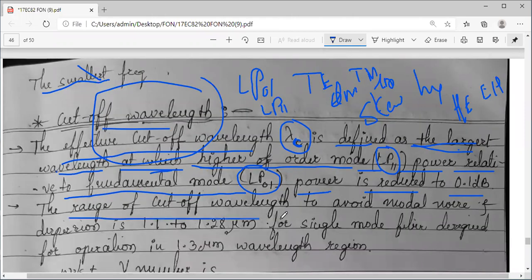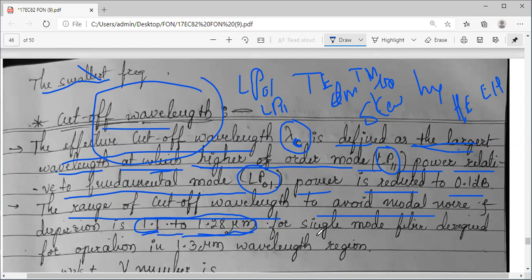Okay, the range of the cutoff wavelength, in order to avoid whatever noise or dispersion takes place. In case of step index fiber, you have seen intermodal dispersion, which is much reduced in case of graded index multimode, because of their shorter paths and higher path velocities get matched and they all together reduce the dispersion. In order to avoid that, what should be the ideal cutoff wavelength? It should be in the range 1.1 to 1.28 micrometer. This is the range for the cutoff wavelength in order to avoid the unwanted things, the dispersions, the noise addition, everything.